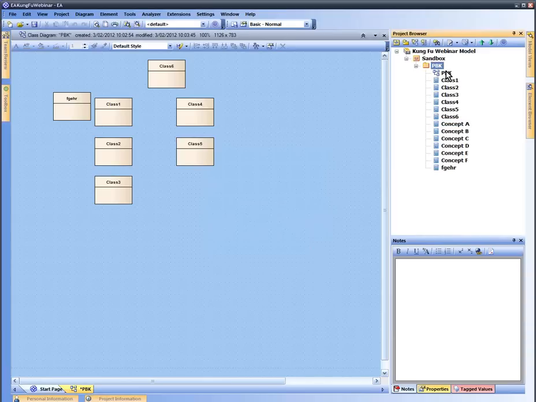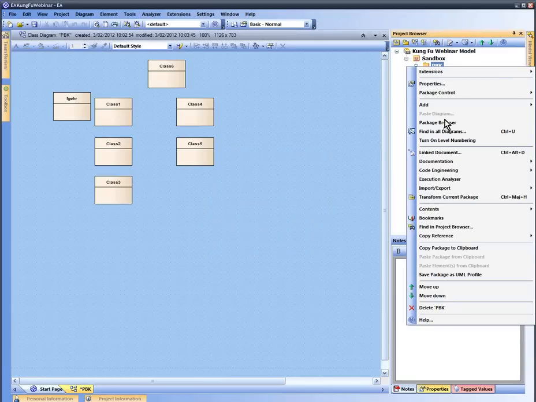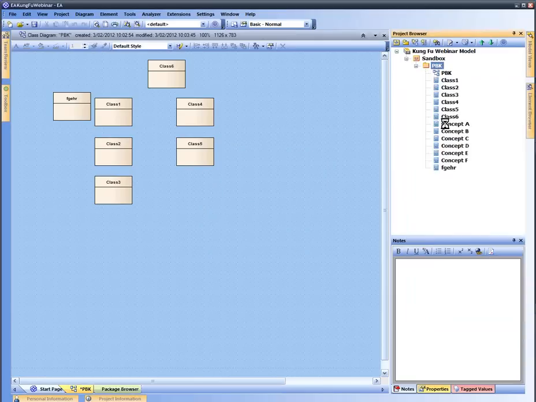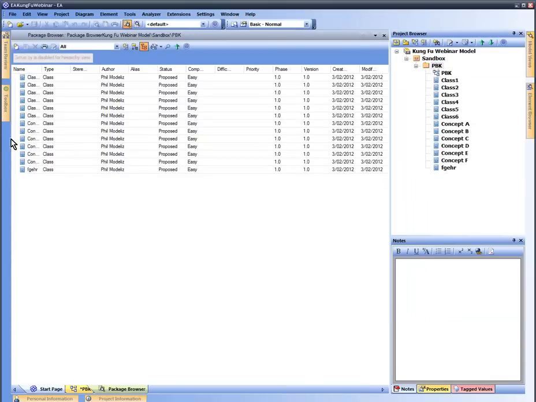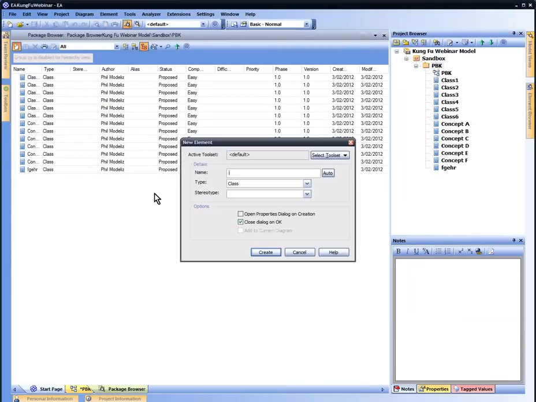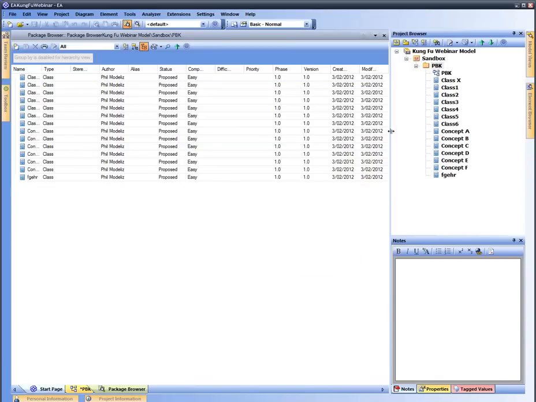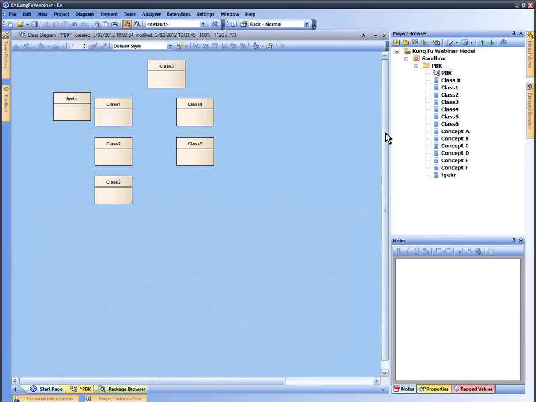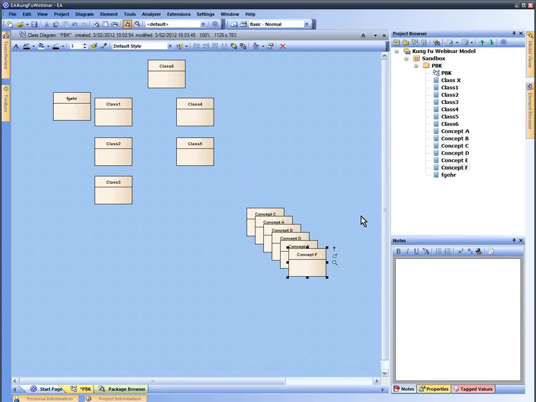You can also do it in another way. Just right-click the package, say Package Browser, and from here you have also a list, and you can also create items in this list very easily. So these are the ways you can just create items. Of course, we can now take all the concepts, move them on the diagram, add them all in a row. You notice that every time I created an item, I didn't get the